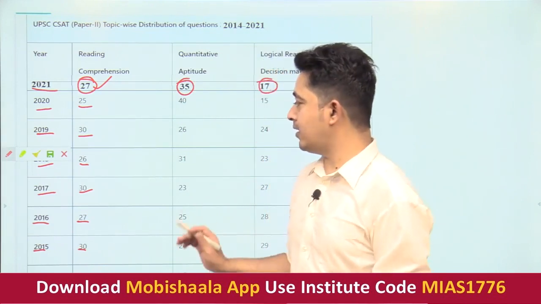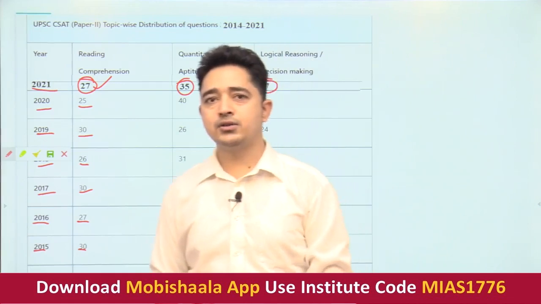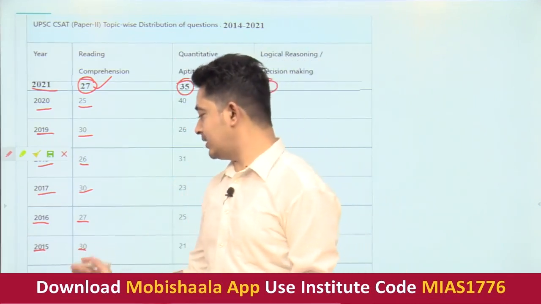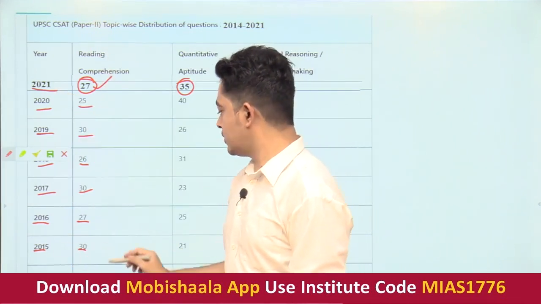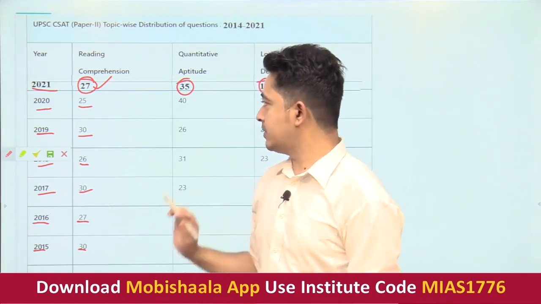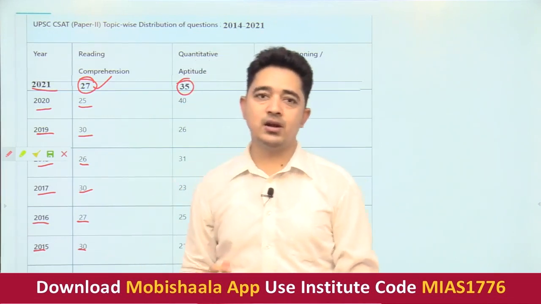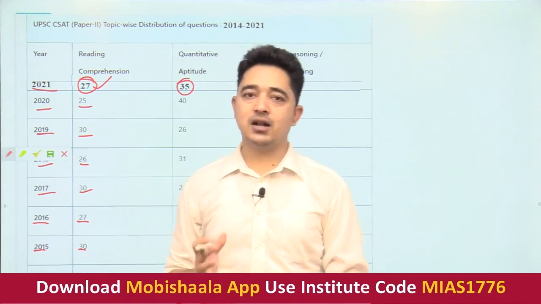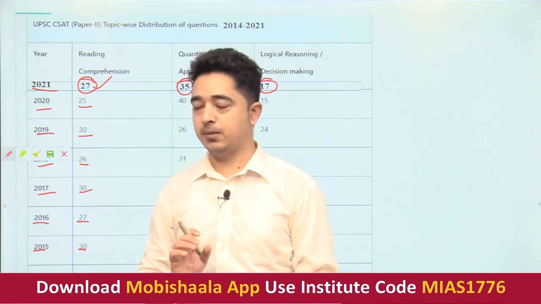On average, if you look carefully, in 2014 the syllabus was changed by the UPSC. From 2014 till 2021, more than 25 questions have been asked. If you multiply 25 by 2.5 marks, and you are good enough to solve the reading comprehension portion, you will exactly crack the 33% weightage required to pass the CSAT exam, right?